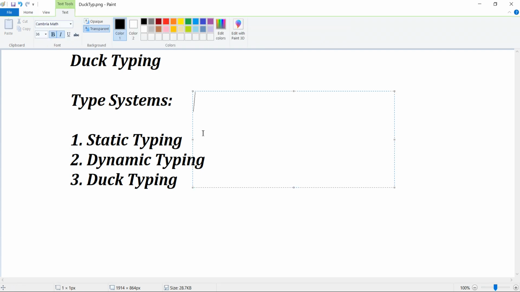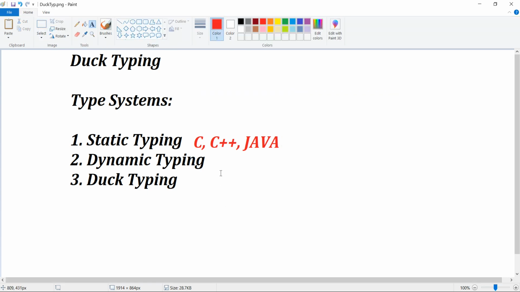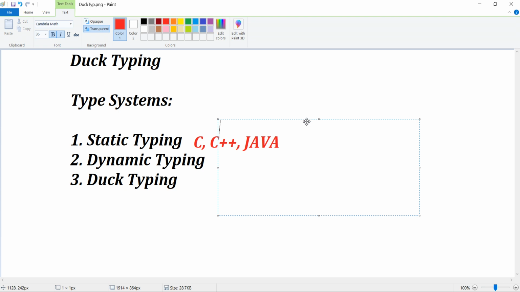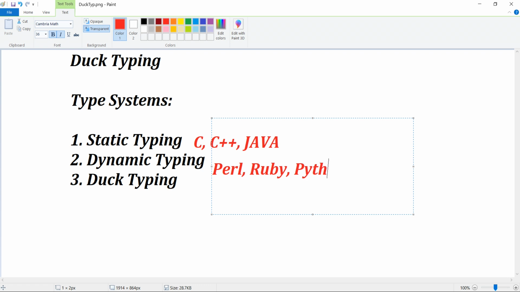If you know programming languages like C, C++, Java, these are called statically typed languages. For dynamically typed, we have Perl, Ruby, and now Python.